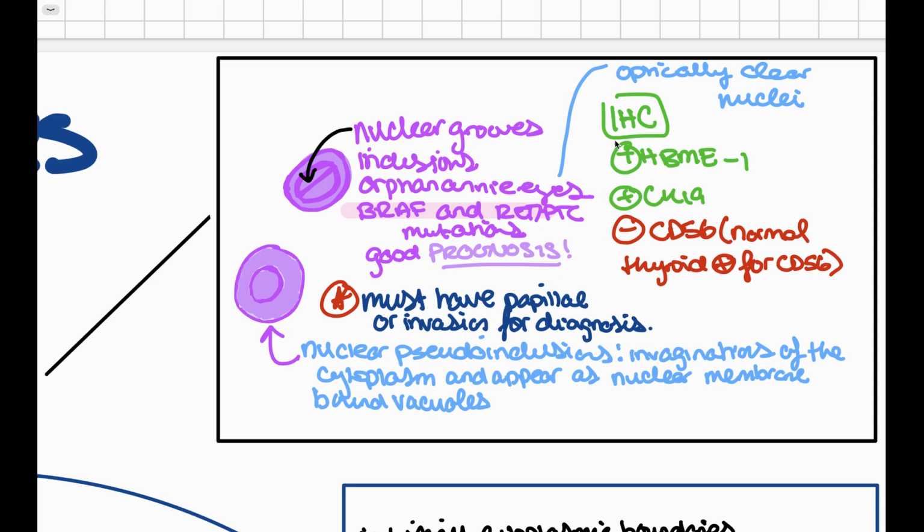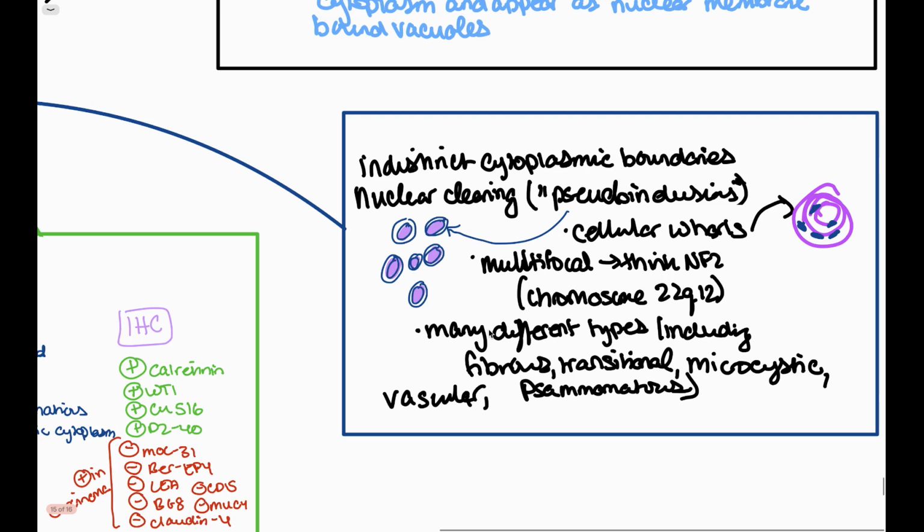And then in terms of IHC, it's going to be positive for HBME1, CK19, and negative for CD56. And normal thyroid is positive for CD56. And usually you have to have papillary invasion for diagnosis. Next we have